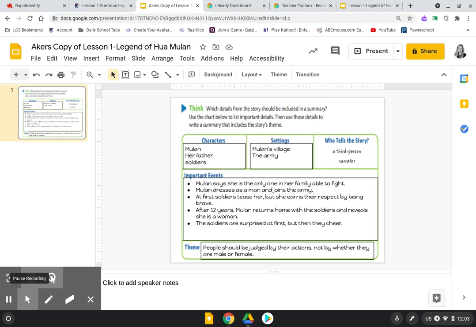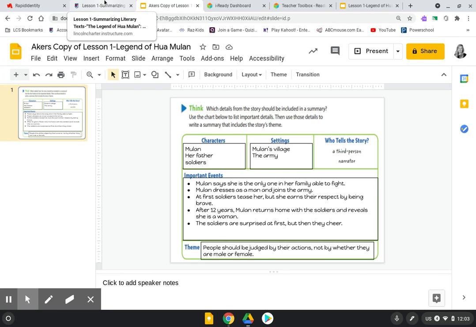Share it with me if you haven't yet. And then the final step to this is taking all this information and you are going to complete your summary. Use your graphic organizer to make your summary. Please make sure to include the characters, the setting, the important events, and the theme. Of course, you can take those events and make them a little bit shorter as well. That way you have all the information that you need, but you're not having to state everything over again. So you can take that information and shorten it up just a bit more.